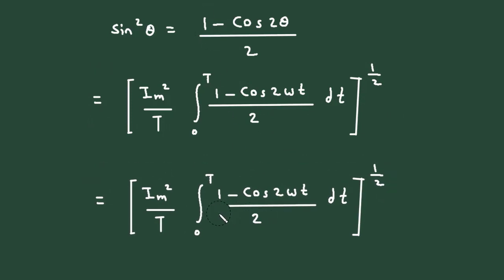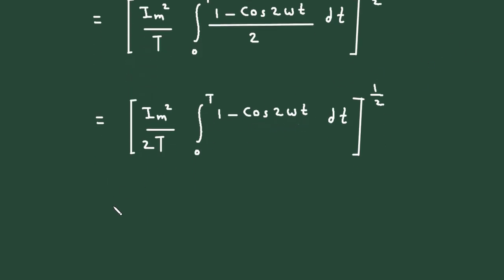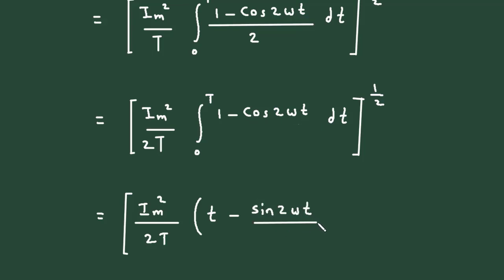So if we take this 2 outside, it will be like this. Now let's take the integration of this 1 minus cos 2 omega t. So it will be again square bracket Im square divided by 2T. Now integration of 1 will be t, then minus integration of cos 2 omega t will be sine 2 omega t divided by 2 omega,